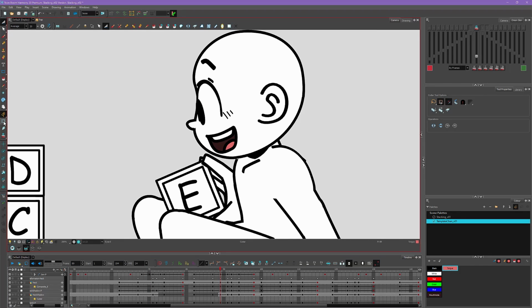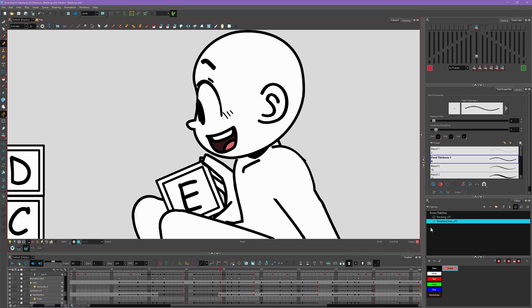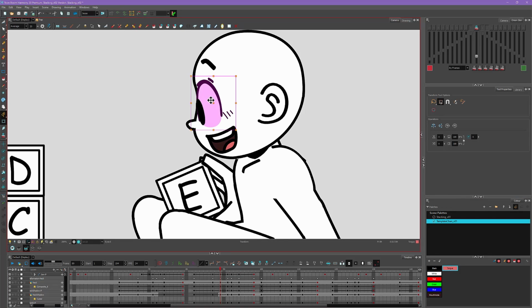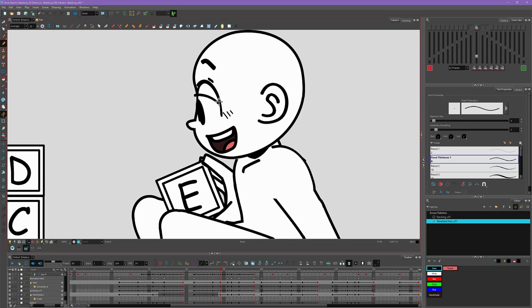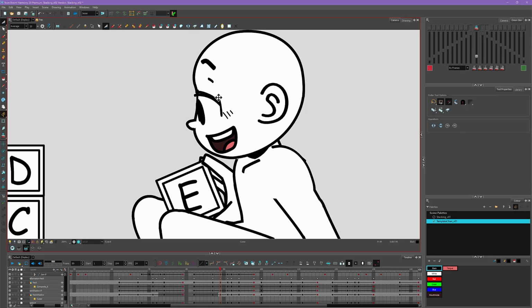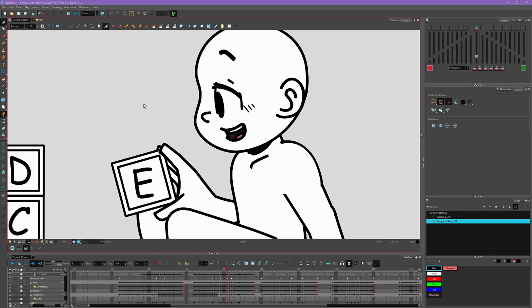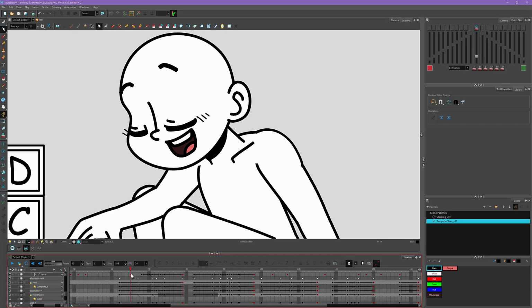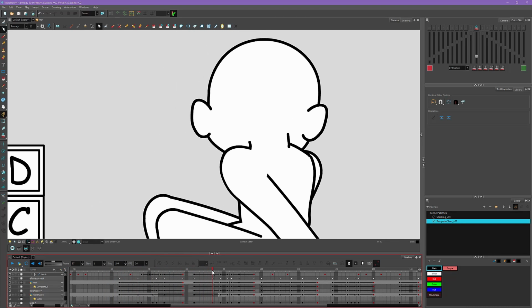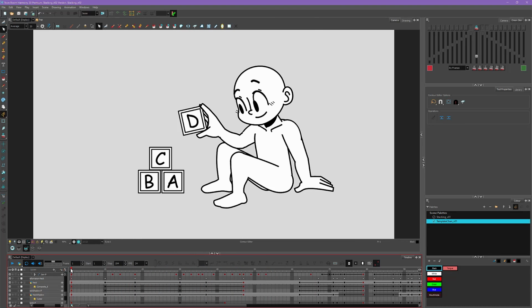And then when he starts to turn around, I'll have his eye sort of half open on this frame. So select his eye, create a duplicate frame, have it half open like that, get rid of all this extra, move his eye crease down, just like that. And then on this frame, I'll have his eyes fully open. All right, so now we have a blink, turn, and then he finishes the blink as he turns around. So here's our animation all finished.